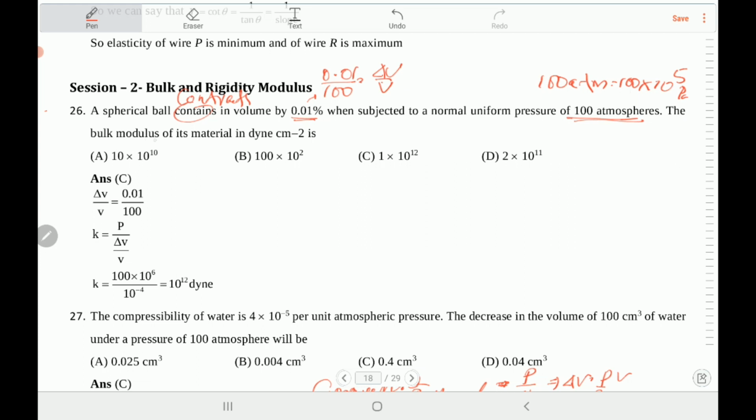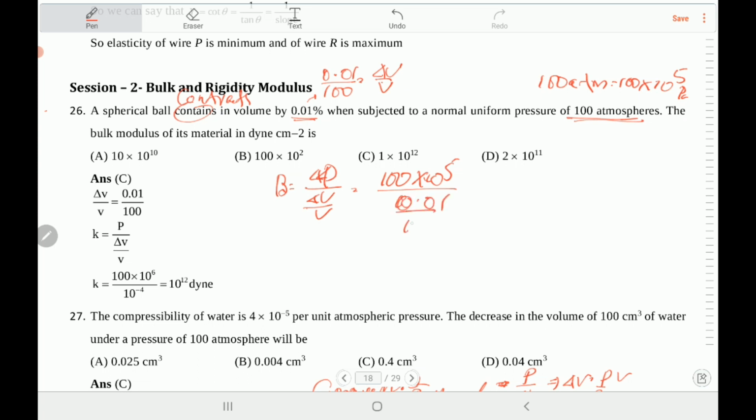The bulk modulus of the material is in dyne per centimeter squared. Dyne per centimeter squared you have to write. And I will come to this. What is the expression for bulk modulus? Bulk modulus is change in pressure divided by volume ratio, change in volume by initial volume. That is the bulk or volume strain. What is delta P? 100 atmosphere, 10^5 Pascal, Newton per meter square, divided by volume